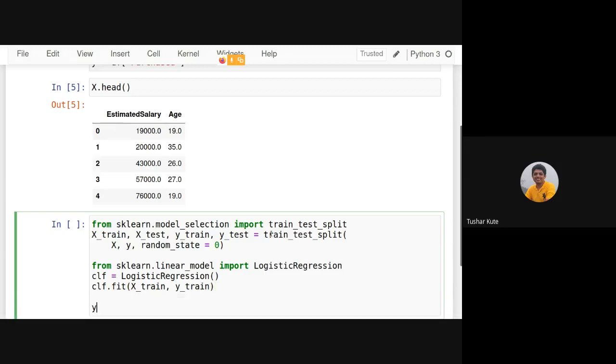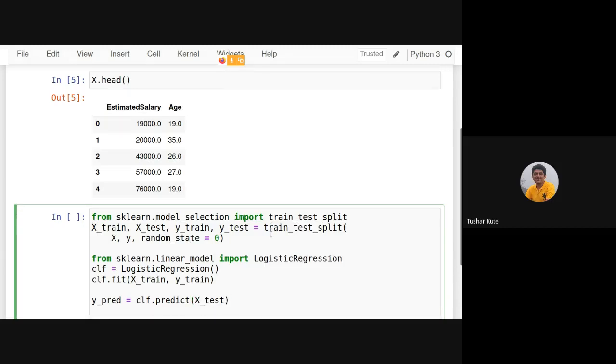Done, then predict it. Okay, fine. And then we'll build the accuracy. We have predicted on the remaining data.